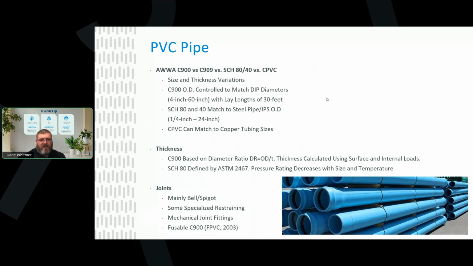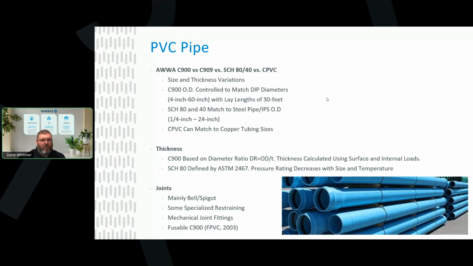That changed in about 2017, 2018. The 905 designation went away, and it was all wrapped into C900. So C905 is still the same as C900. The difference back then is that the size range of pipe was differentiated between the two standards with AWWA. C909 is a different mix. It's still the same strength. The material is stronger, but that means they can thin out the wall a little bit more on that pipe. So you actually get a little bit bigger ID on a C909 pipe with that stronger material.